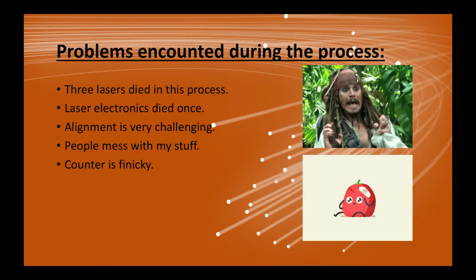Because it's hard. And I'll tell you why it's hard. It's hard because there are problems you'll see, like 3 lasers dying because they gave up, and then laser electronics dying, and then somebody is going to mess with my stuff. All they have to do is nudge a mirror or nudge a detector, because I'm working with things I can't see. So if they just nudge a mirror and the photon is going this way and my detector is here, I'm never going to detect that. So that makes my alignment challenging, where I have to keep going back and aligning things again.